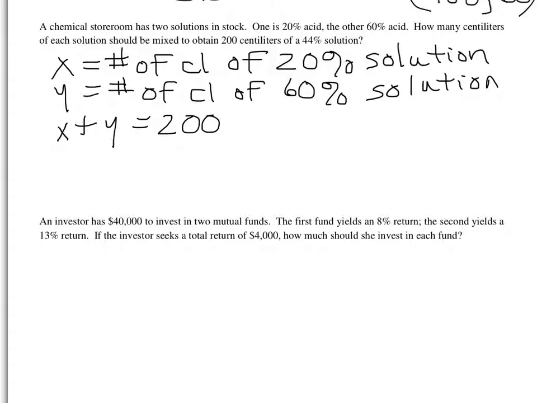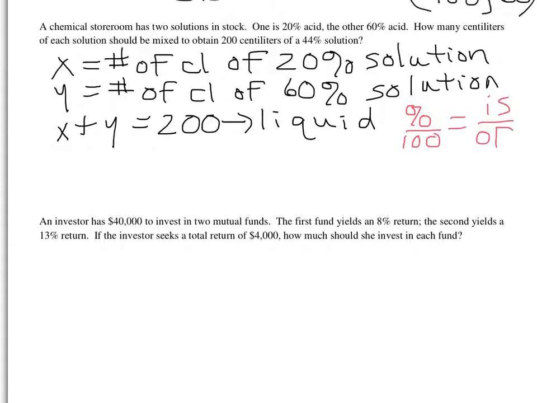200 centiliters. So our one equation is just about the liquid, how much liquid is involved. But now we have to deal with these percentages. We have to figure out what equation will tell us about the percentages. Now remember, we had originally for our equation of percents, a percent over 100 equals the is number